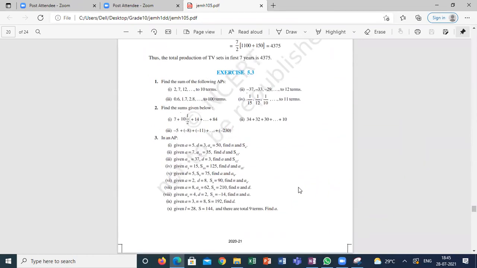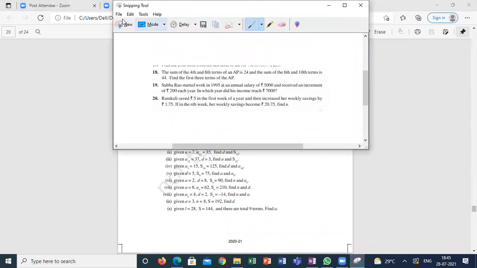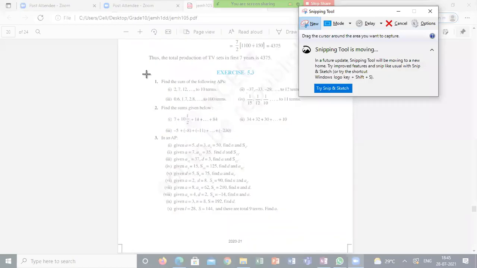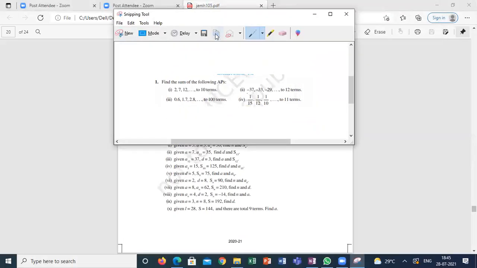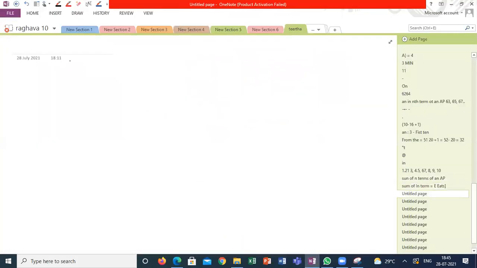Yes, they are giving the series. They are asking us to calculate the sum of the 10 terms, sum of the 20 terms, and sum of the 40 terms. See, in the first question, I don't know the an value, but I know the a, d value and n value also. Look into the question. We have two formulas.